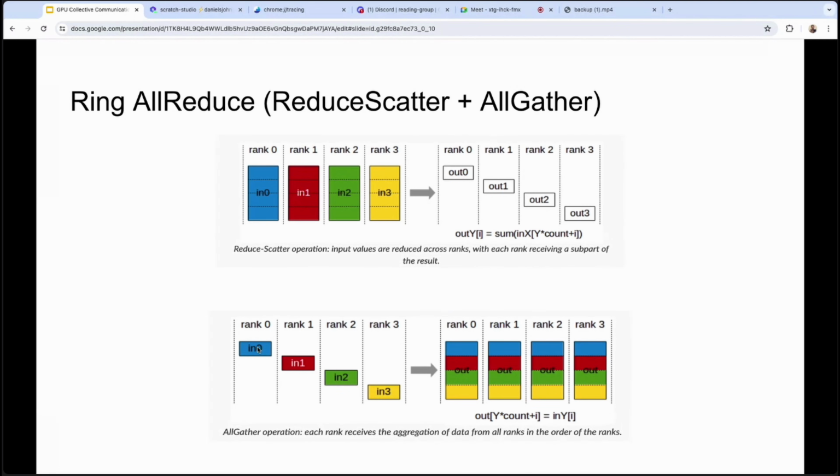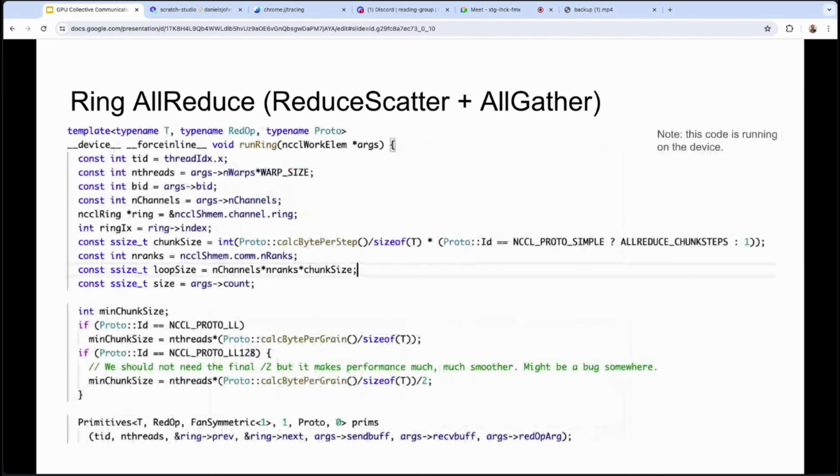Then calling all-gather is just going to take all these individual reductions and put them on each individual rank. So now we start with all the data on individual ranks, and we end up with the reductions on all of the ranks. So that's how a reduce-scatter plus all-gather is going to give us this all-reduce operation. So in the actual NCCL code, it looks like